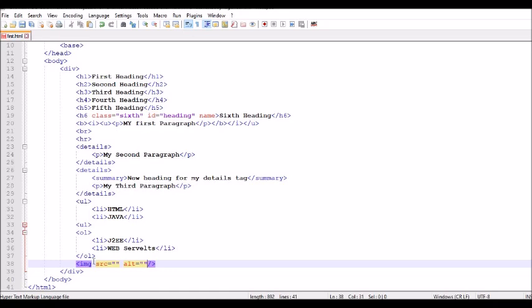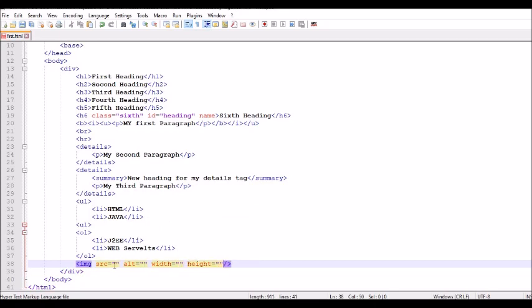So consider a scenario when you are opening a web page. At the initial stage of opening, you are connected to the internet. At some point of loading, you are disconnected from your internet, right? In such a case, the web page will not be loaded properly. So some text will be there and some images will not be loaded, right? So in such cases, if you want to inform the user that there is some image, we can provide information about that image in the alternative text attribute. After that, you can specify the width and height of the image,